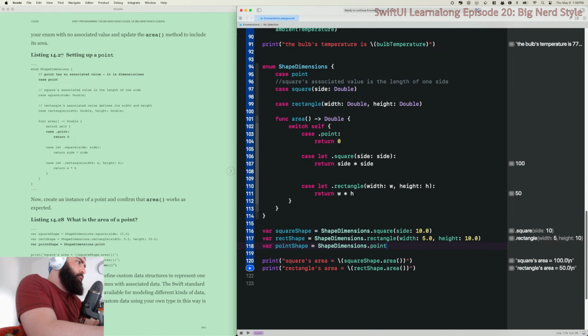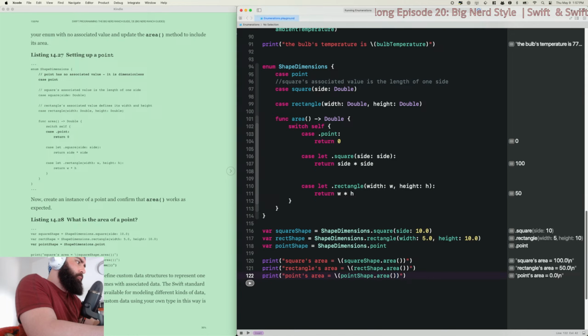And no parameters defined, so no arguments. Point's area equals string interpolation, point shape dot area. I mean, it is 0, so 0 times 0, I believe, is 0.